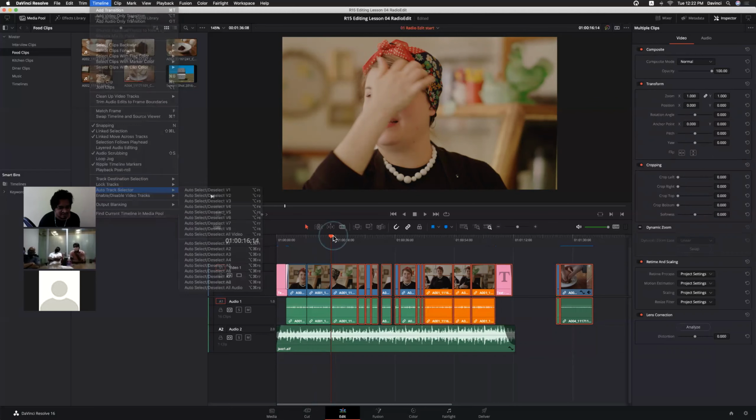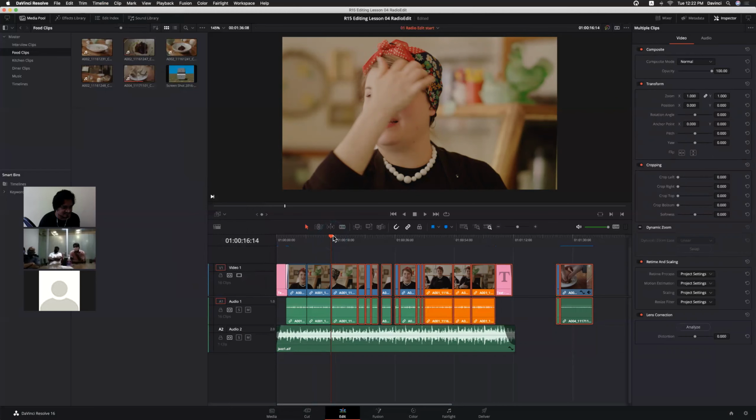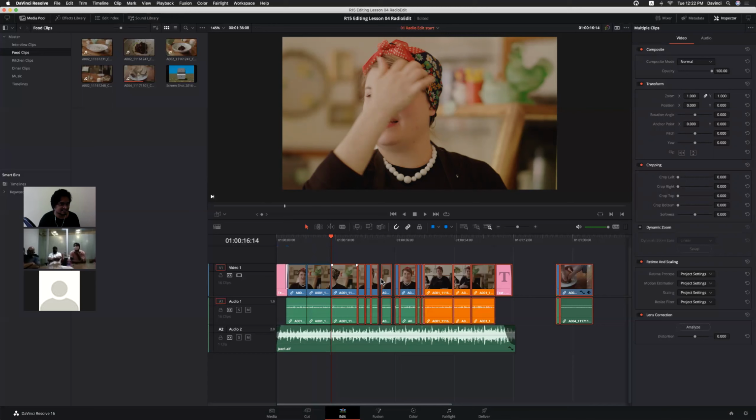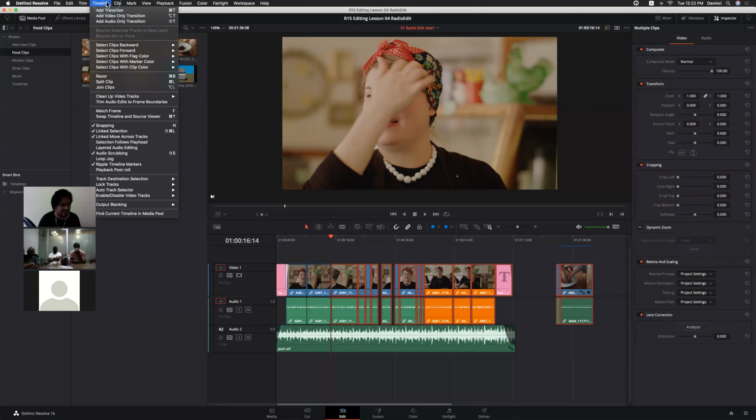We don't have an insert gap option here. If you want to create a gap in between two clips, what do we do in FCP7? Sometimes we insert a slug, or sometimes we select and move the clips like this, right? So at that time, this track selection option may be useful. Maybe I'm not sure, I'm not finding it within the timeline menus.